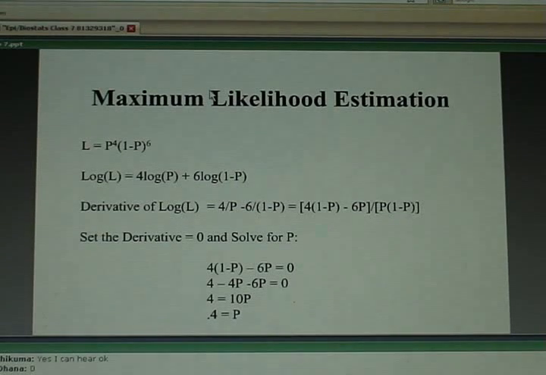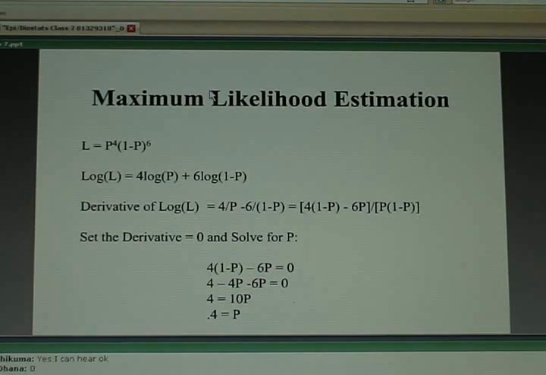Well, this is a quotient. The numerator is 4 times 1 minus p minus 6p. Denominator is p times 1 minus p. The whole quotient will be equal to 0 when the numerator is 0. So the value for p which makes this derivative equal to 0 is the value for p which makes the numerator, 4 times 1 minus p minus 6 times p, equal to 0. I'll solve this expression for p. Put all the p's on one side and all the pure numbers on the other. We solve for p. We get the number 0.4,